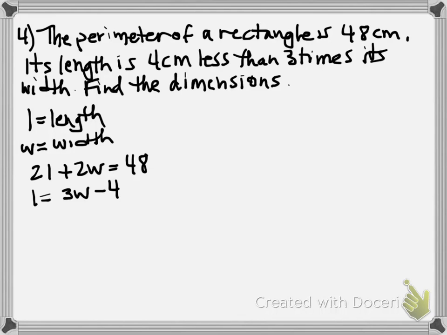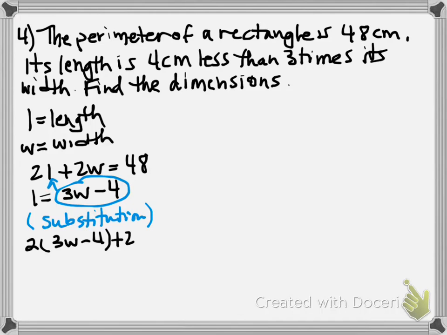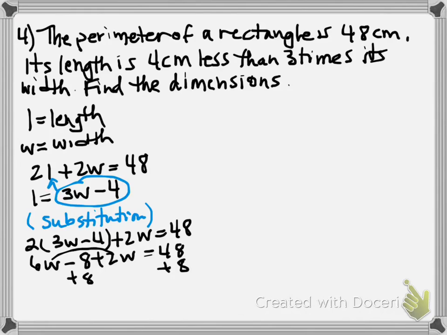So which of our strategies is this one set up for? Substitution. This is why I write this down, so that you guys start paying attention to what they gave me and what strategy would work out best, what's going to require the least amount of work. So here's the part you have to remember. There's a 2 in front of that L. So it's going to be 2 times the quantity 3W minus 4 plus 2W equals 48. So distributing, we get 6W minus 8 plus 2W equals 48. I'm going to add 8 to both sides to get the constants on the right, and combine like terms. So I get 8W equals 56, and when I divide both sides by 8,